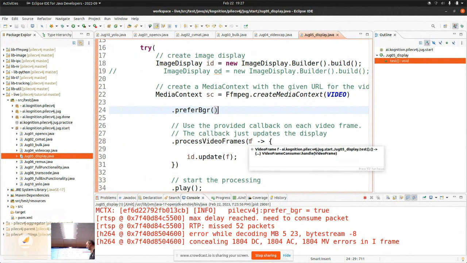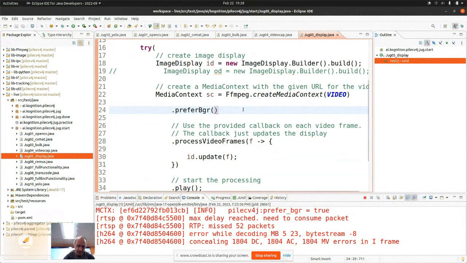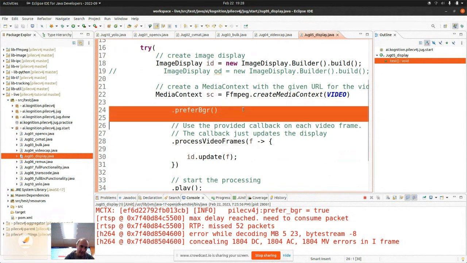So it really has one additional piece of information on it, which is whether or not this is BGR or RGB. So I can ask, is this frame BGR or RGB? Or I can actually ask it to give me the other one. I can ask it to give me one or the other. So another way I could have done this would have been to say,